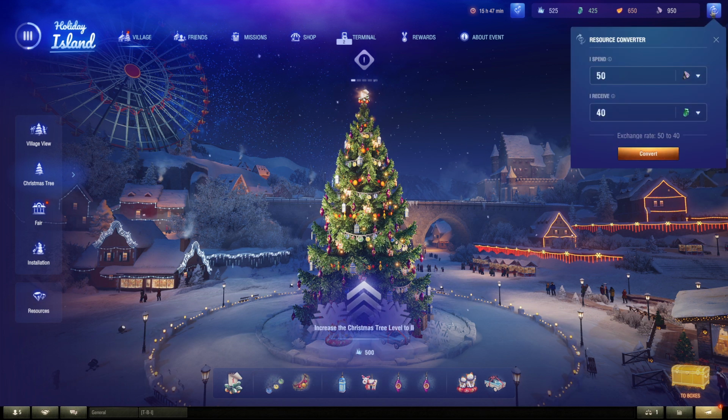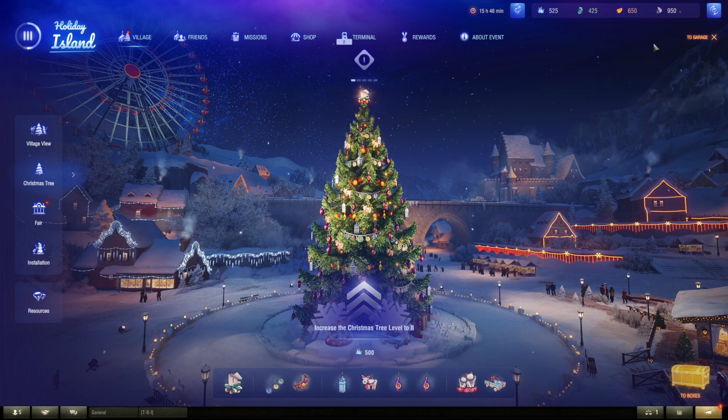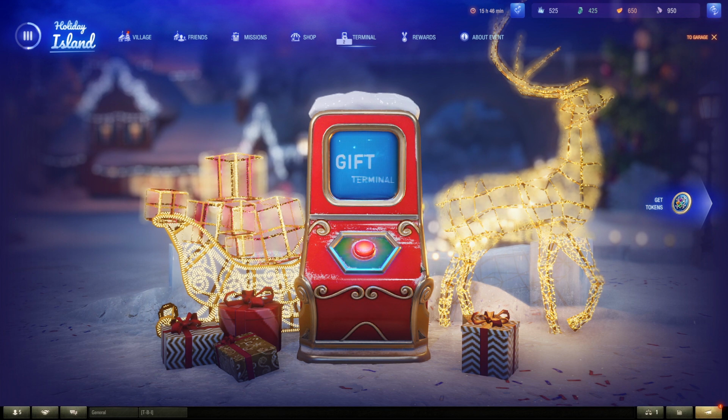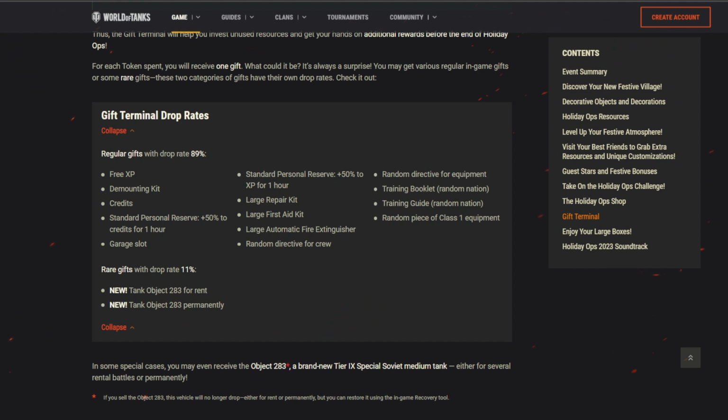First of all, you can convert resources using this button, and then convert, let's say, this resource into this resource. You get tokens for improving your festive atmosphere, for accomplishing Miller's missions, and in exchange for Holiday Ops resources. Those tokens can be spent in the gift terminal, which looks like this. Once you have accomplished all missions and reached level 10 of your festive atmosphere, you can even purchase tokens with resources. For every spent token in the gift terminal, you receive either a regular gift with a drop rate of 89%, which can be free XP, credits, large repair kits, and so on, or you can get a rare gift with a drop rate of 11%, which is either the object 283 for rent or permanently,